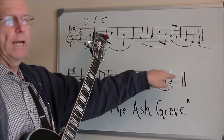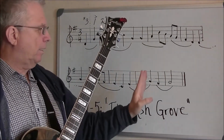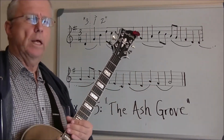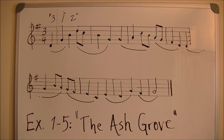Now in the book I had a rest in that measure, and that was incorrect. The rest was in there because I didn't know how to use Finale well enough to get rid of it, quite frankly. Now everything fits together rhythmically, and I would look then for the phrasing, and what I see is that